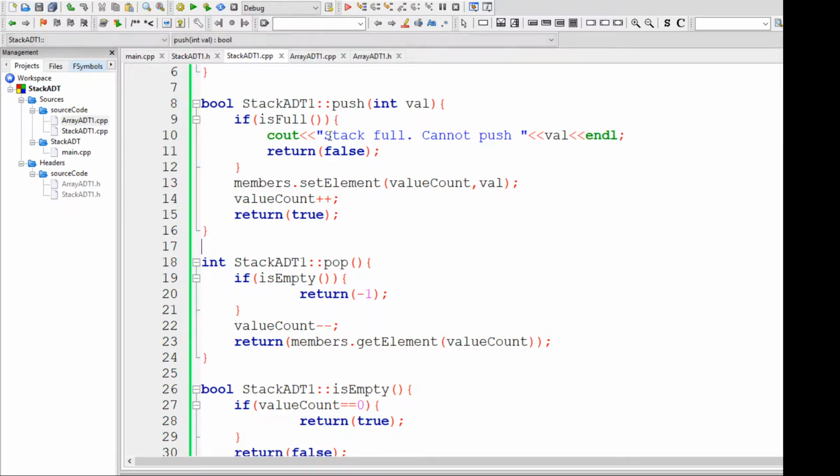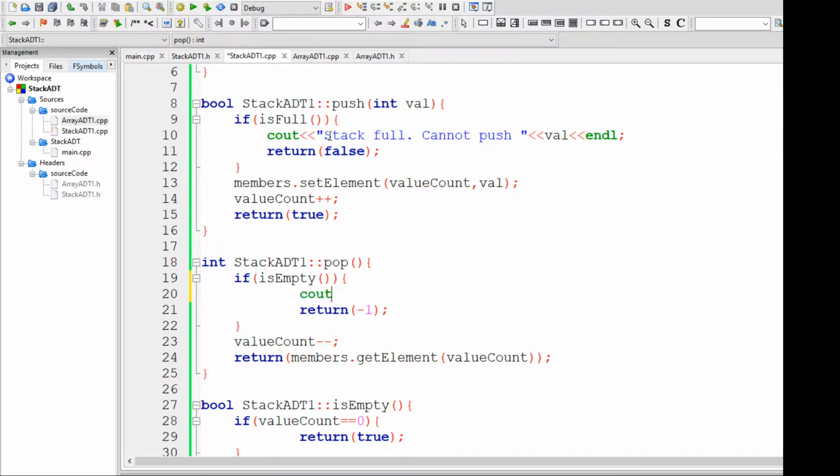Same way in case of pop, let's add the cout statement here. Stack empty, cannot pop. Let's have end of line and compile it.